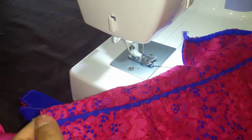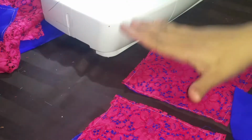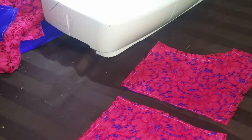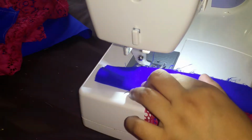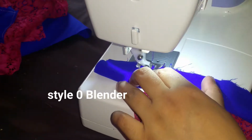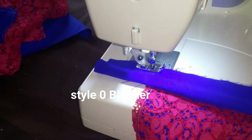So this is the finished look from the front, and as you can see, the very teeny tiny pom-pom balls coming out of the skirt look like pearls. And for the back, now first I will join my strip. So this one is a 3 inch wide strip, which I am attaching on the right side of the yoke panel at the back, and